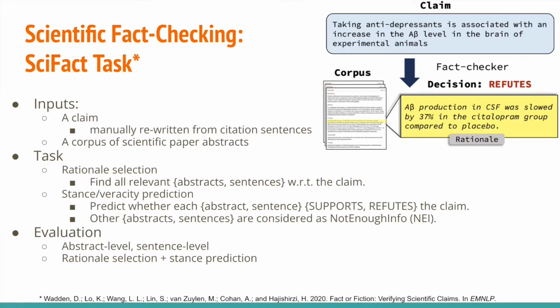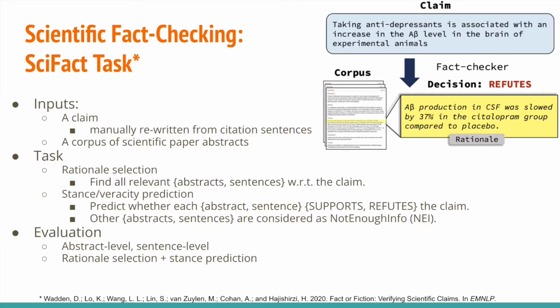This work is evaluated on the SciFact task, which is one of the scientific fact-checking tasks. The task is like this. The inputs are a claim, which is manually rewritten from citation sentences in SciFact, and a corpus, a collection of scientific paper abstracts. The task is to first find the rationales, so find all relevant abstracts and the sentences with respect to the claim.